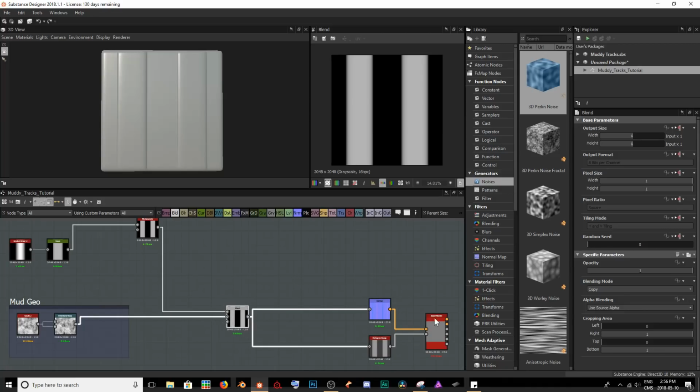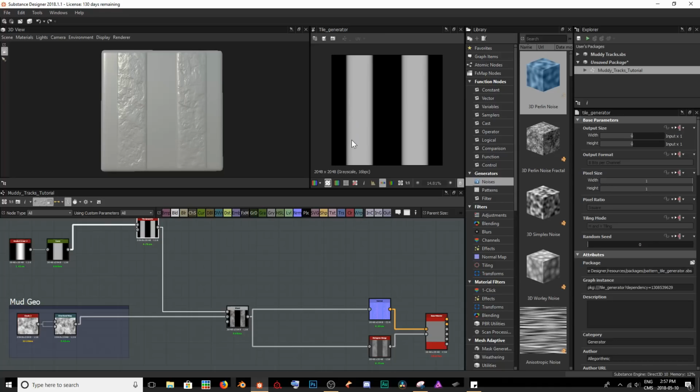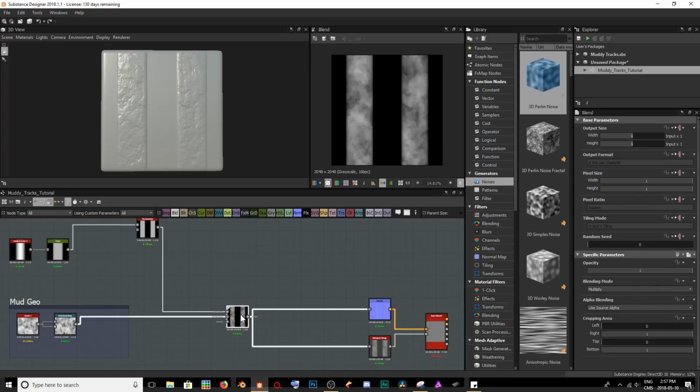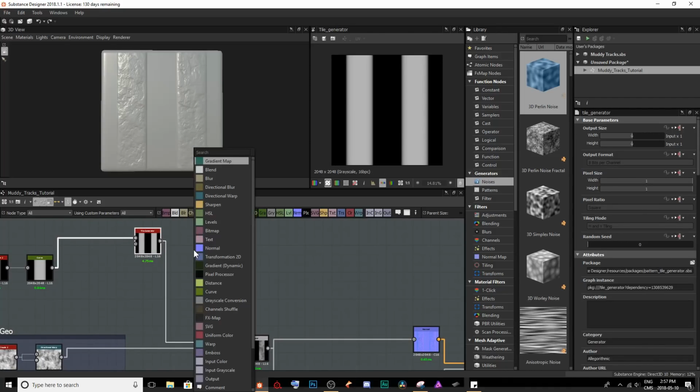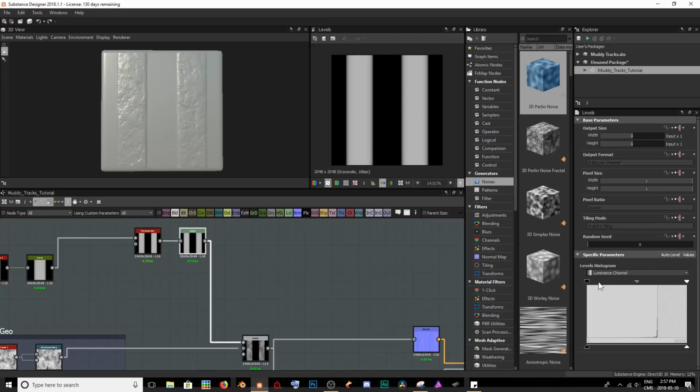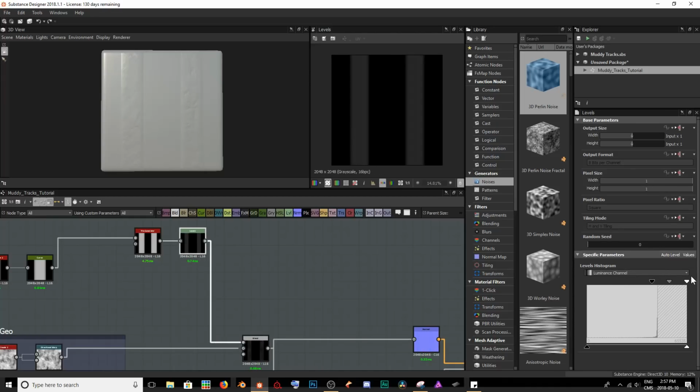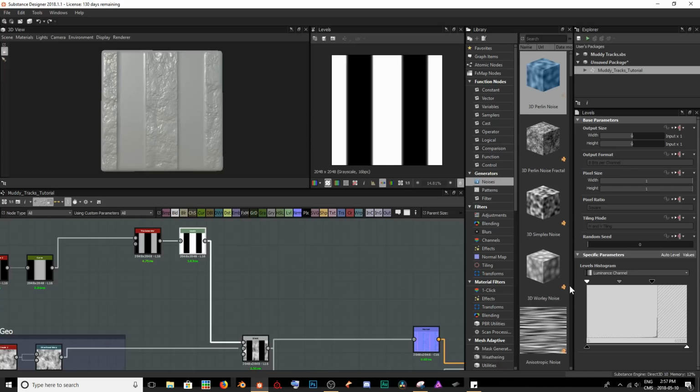So now with our blend here, I just want to change the blending mode over to multiply, and you can see that we run into an issue where our blend is only going to take the lighter values of our top map and basically just eliminate those but keep the darker values. And so what we need to do to our tile generator here is add a levels node, and we're going to flip the inputs of the channels. And as soon as we do that, you can see